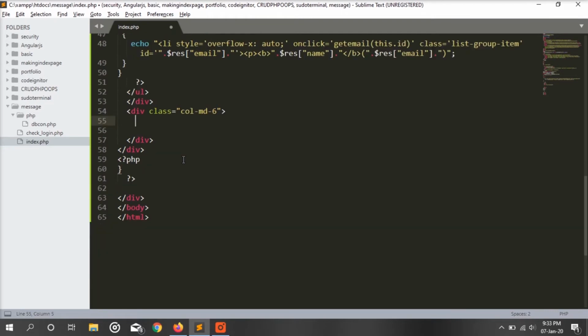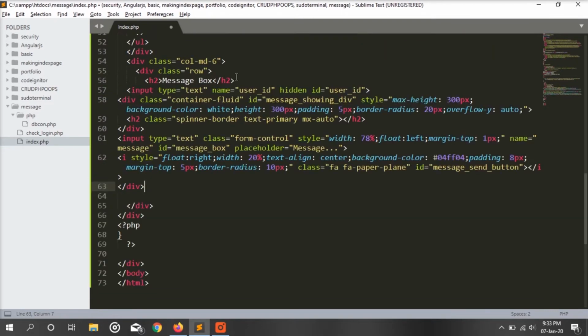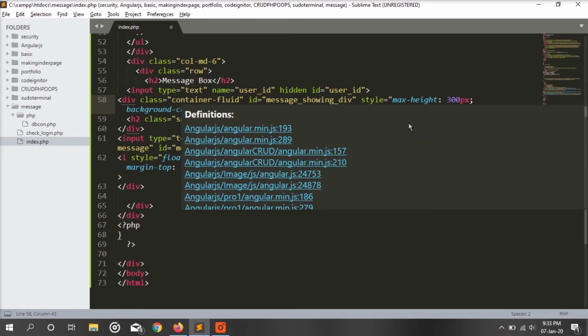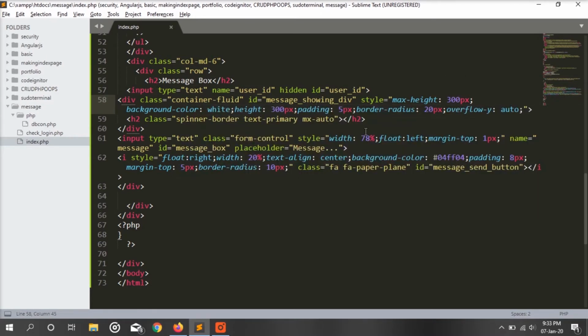Now in the second column we are going to have a message box, and inside that message box we will have an input of type text which will be hidden, and its name will be user id and its id will be user id. Inside that we will have a container fluid message showing div, and we will have some CSS here.